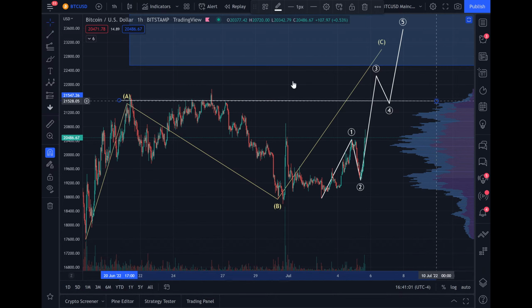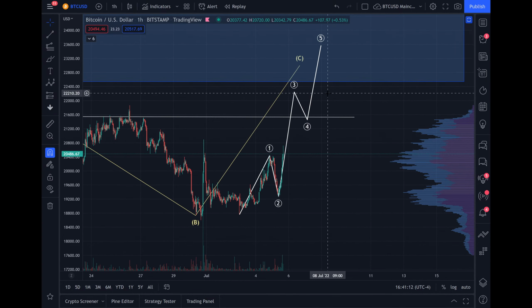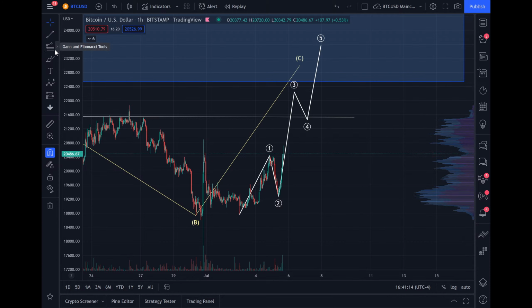All this structure right here would be a nice neckline. It would pop out briefly and then retest before continuing to wave 5. That's what I'm seeing, okay? And wave 5, as you all know, is typically the 618 of wave 3